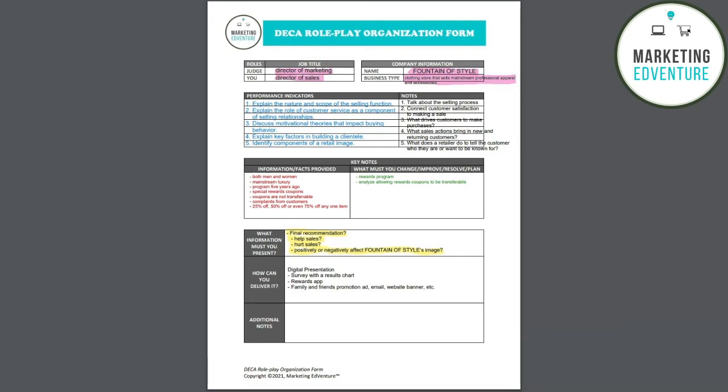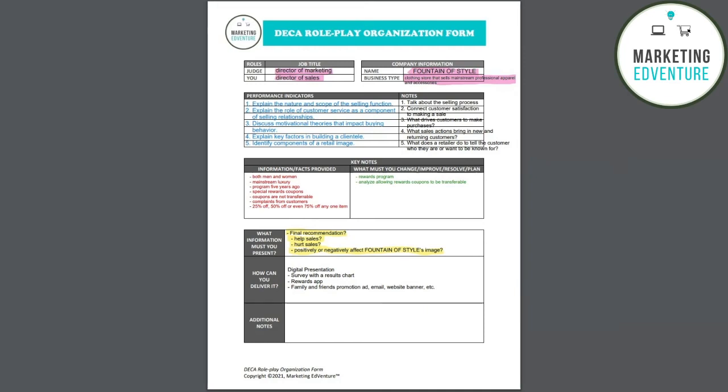Now, what you say in particular to the judge is really up to you and your creativity on how you put it all together. But this is a quick and simple way that you can lay out the organization of this case study on the form so that you can be able to talk to all of these specific things with your judge. Just keep in mind, and you may ask, how do I relate those back to my performance indicators? So as you come up with the final recommendation analysis, you want to talk about how the selling process